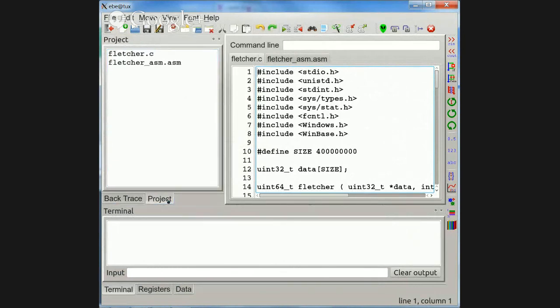And a project file is effectively, like we're seeing here, just a collection of names. I got Fletcher.c, Fletcher_ASM.asm, and those names are goofy. When EB sees these names and it has a .ev file that it started with, it knows it's the project, and it will compile the .c file, assemble the .asm file, and build one program.